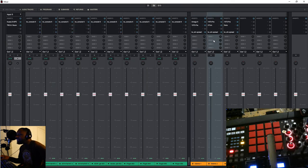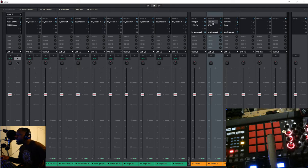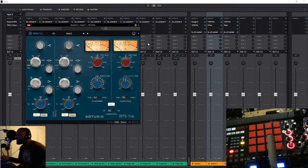So we got the drum bus: the Omega in, the Neve 1973 by Arturia, and the Plug-in Alliance Shed Spread to make my drums mono. It comes like this, then you make them mono, basically, to make them sit in the mix a little bit clearer. Then moving on, I have my instrument bus, which again is going into the 1973 pre,